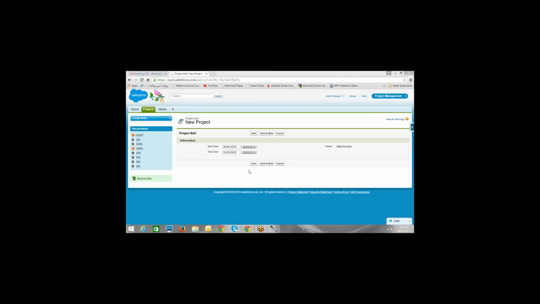So once you have decided which is the parent and which is the child, your job is very simple. All that you have to do is create a relationship field on the child object. There's a data type called relationship that needs to be created on the child object.